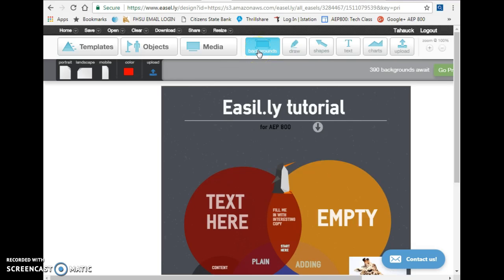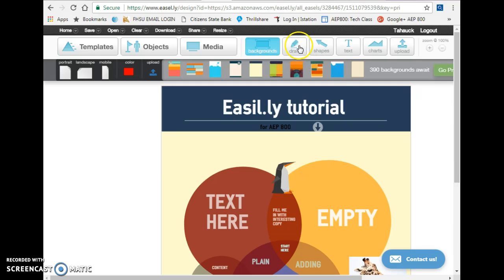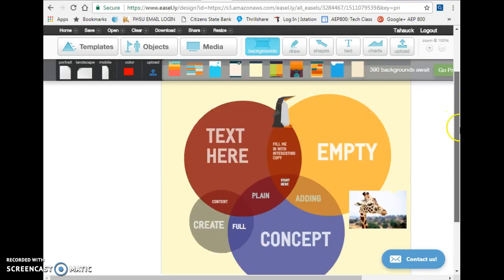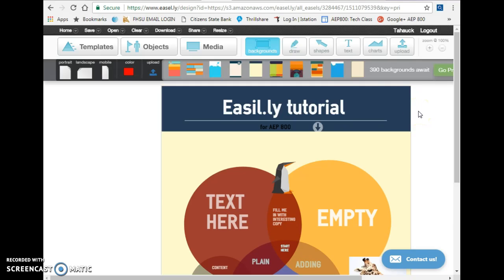You can also change your backgrounds, just whatever looks good to you, and there are plenty of ways for you to enhance or be creative with your project. This kind of infographic tool is appropriate for students to use as well. It was very easy to use. It would be a good way for students to be able to communicate complex ideas by creating or by using digital tools such as visualizations like an infographic, and that aligns with ISTE standard